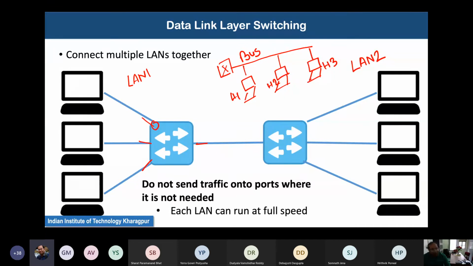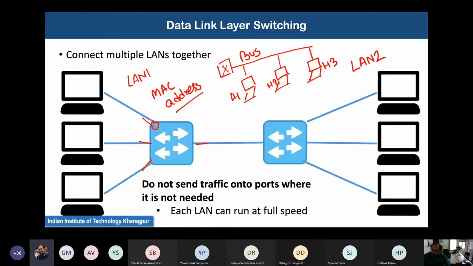Remember that at layer 2, the MAC or data link layer, we always identify a device with the help of its MAC address, which is the physical address of the device. Every device has a unique MAC address, and the switch operates on that MAC address.